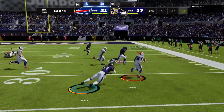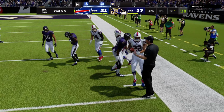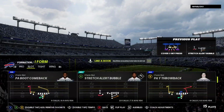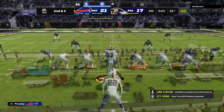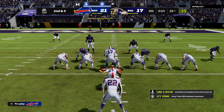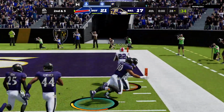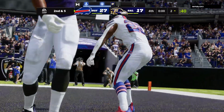Breida, he'll try the right side. And he'll go down at the 28. The tackle made by the corner, Jimmy Smith. And a timeout comes in. The whistles blow with 3 seconds remaining. From the 28, it's 2nd and 5. They stay on the ground. Again, it's Breida. And he takes it in for the score on the game's final play, so it doesn't affect